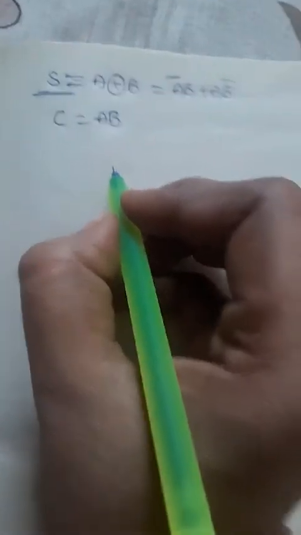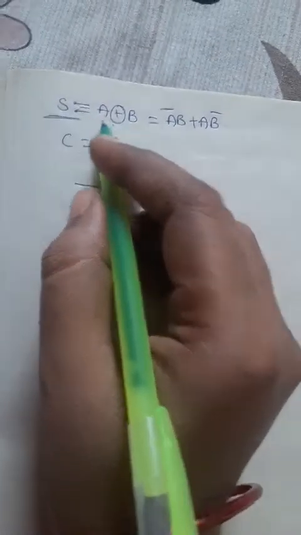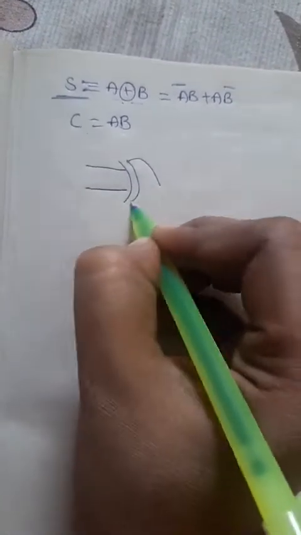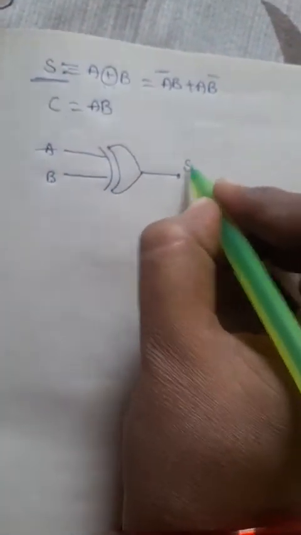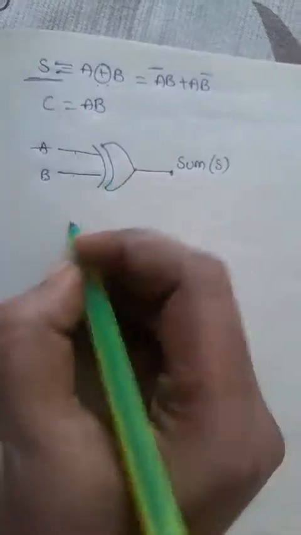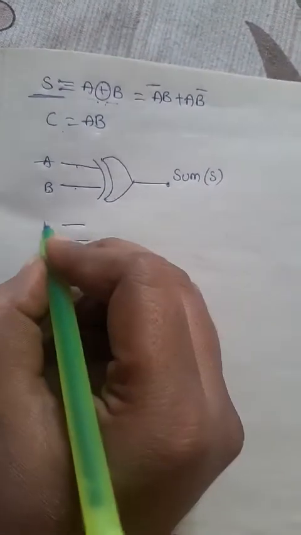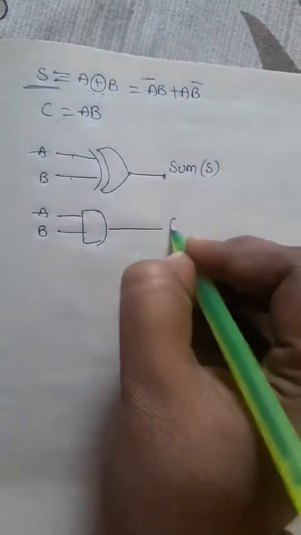Okay, so now we will draw the logic diagram for these two functions. Here I am directly taking the XOR gate. I can choose this function directly. You know the symbol of the XOR gate, right? Directly you can take it. So this is A and B. In between A and B, which gate are we having? XOR. So this is the sum, or S. And carry will have AB, so that is nothing but an AND gate.